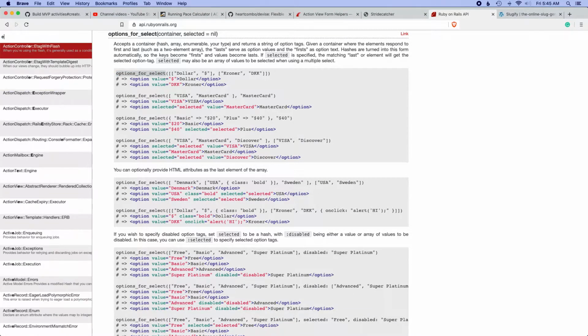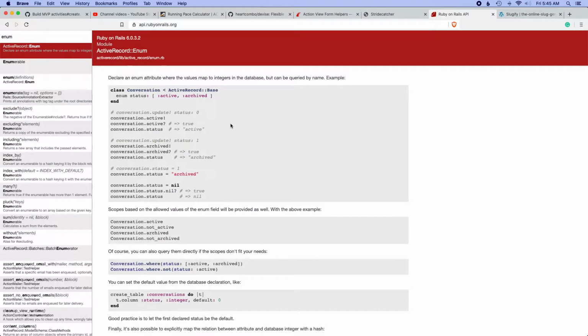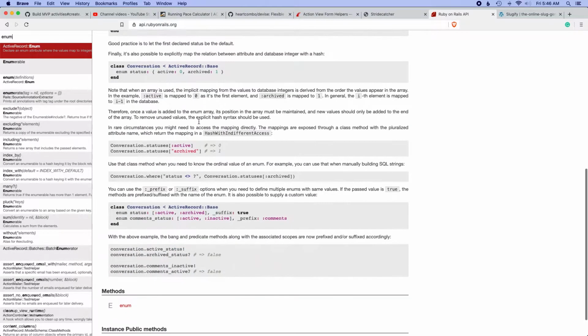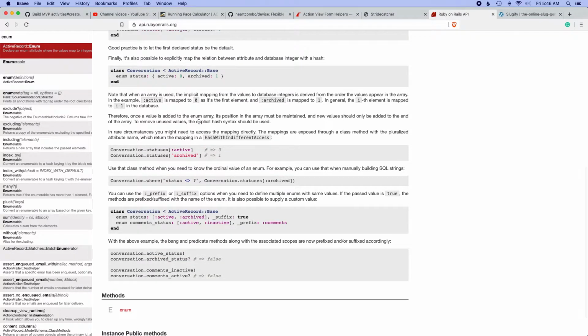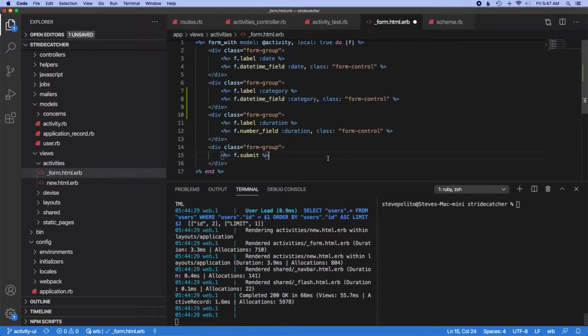Actually, do they have anything in here about forms? So we want active record enum. This is all good, but I'd love to see an example of how this is in a form. So I did some poking around, and I found this Stack Overflow answer right here, which I'm digging. Although, before I get too far, does a user even have